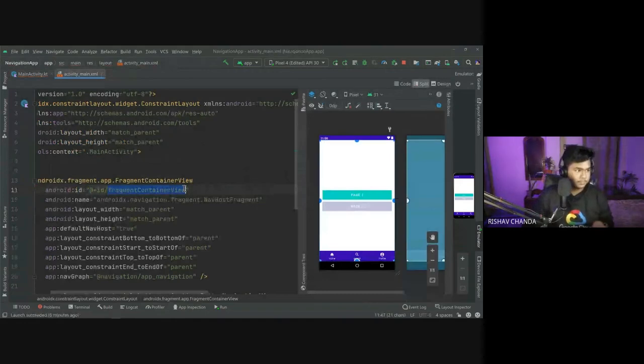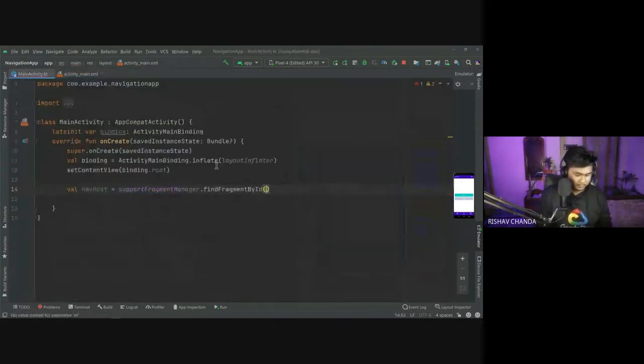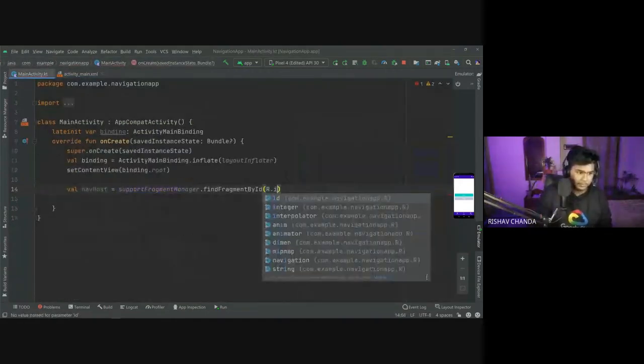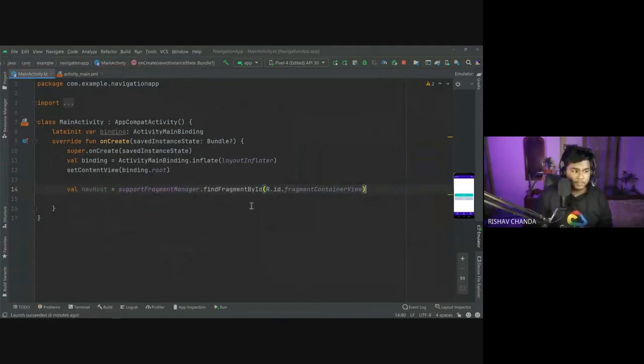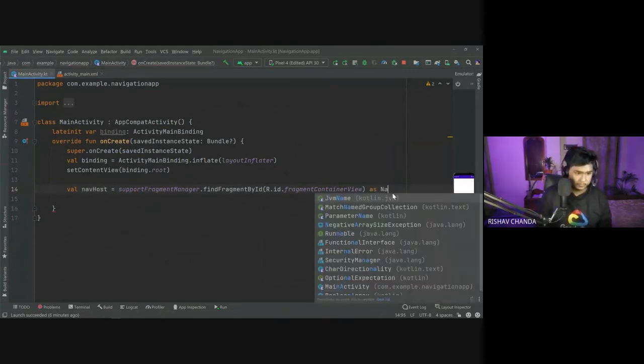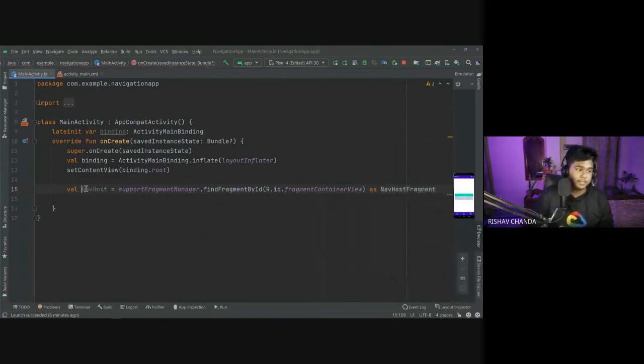So I would copy this one and paste it as R.id dot this one. Here we have to write as NavHostFragment, because we are storing it inside this variable as the NavHostFragment. Okay, and after this we have our navHost, right? So the next thing that we have to put is our navigation controller.